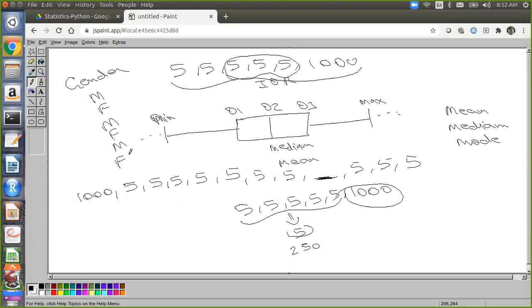Now suppose we convert categorical data to numerical data, so I have converted it into 0 1 0 1 0 1. Can you plot it now? I think we can plot this. No, you cannot plot this data. This is just the encoding you have done, 0 1 0 1 0 1. It is the binary representation of your data. So for categorical data, in any way we can't plot.